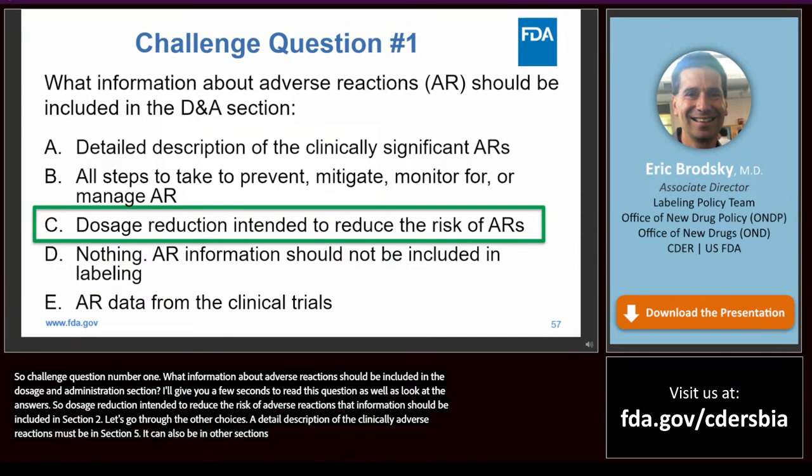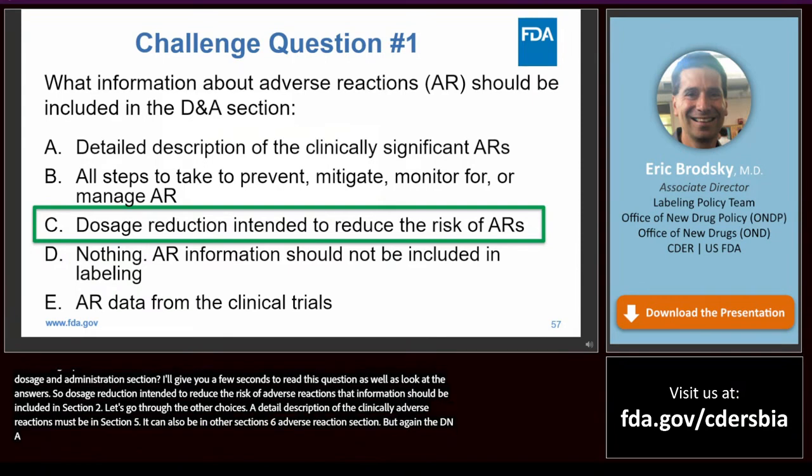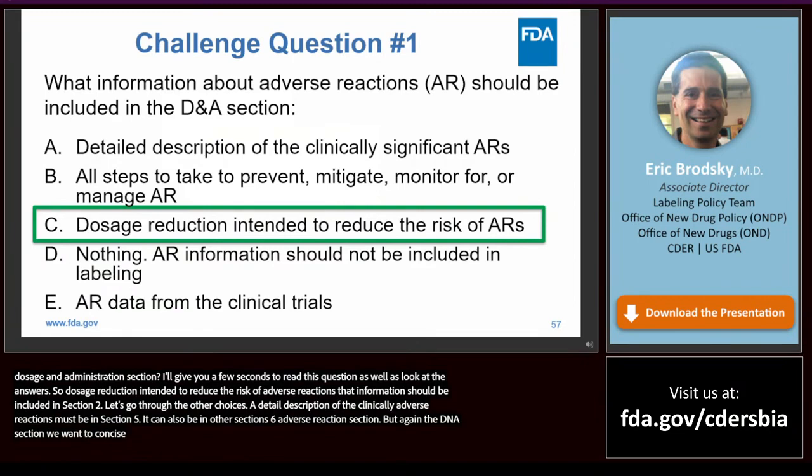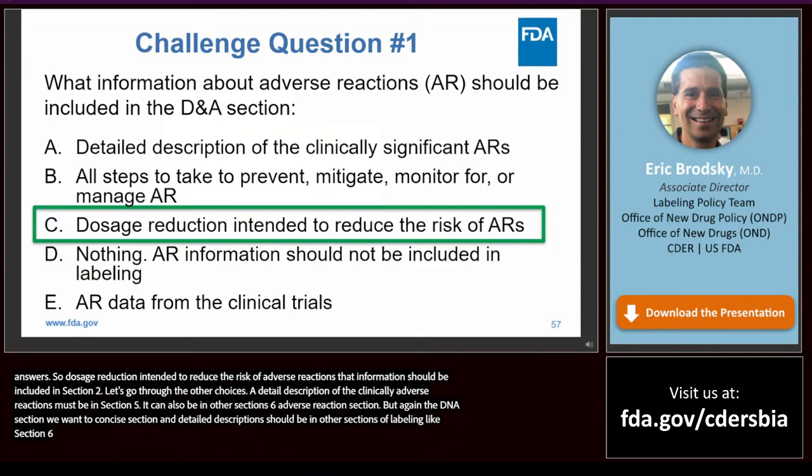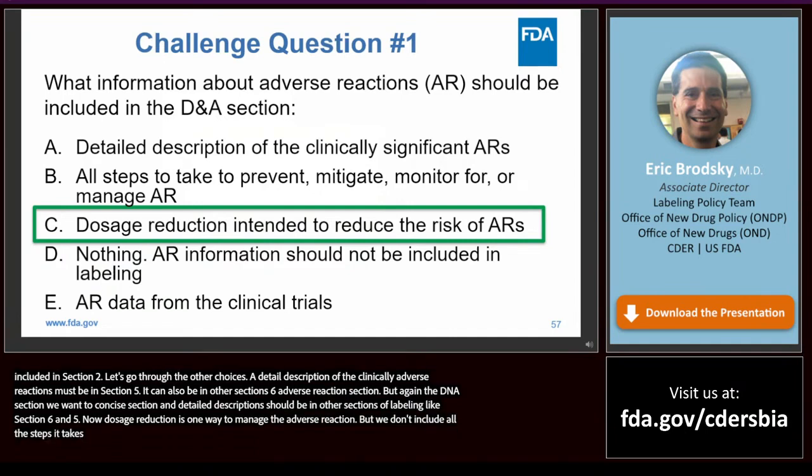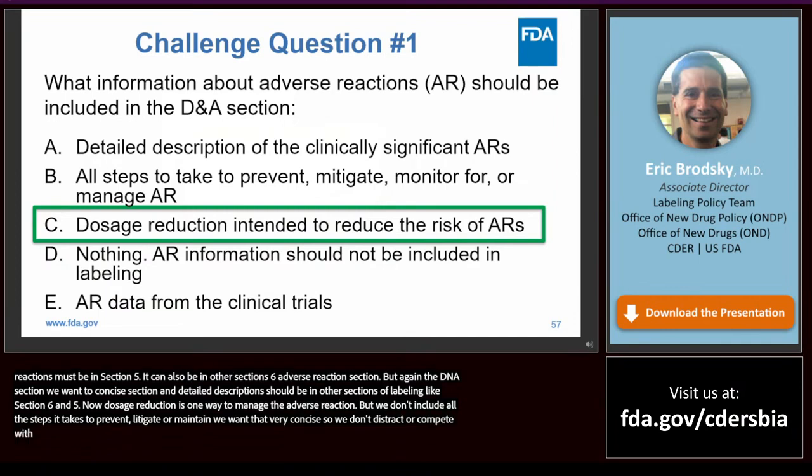But again, for the DNA section, we want a concise section, and detailed descriptions should be in other sections of labeling, like section 6 and section 5. Now, dosage reduction intended to reduce the risk of adverse reaction is one way to manage an adverse reaction, but we don't include all the steps that take to prevent, mitigate, monitor for, or manage the adverse reaction in section 2. Again, we want that very concise so we don't distract or compete with the required and recommended information in